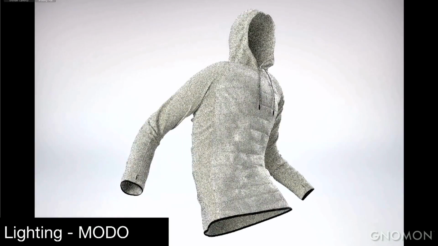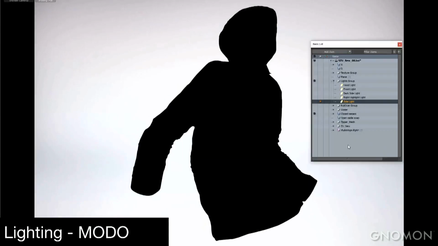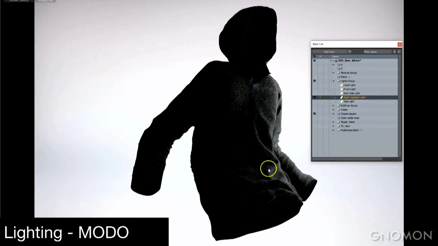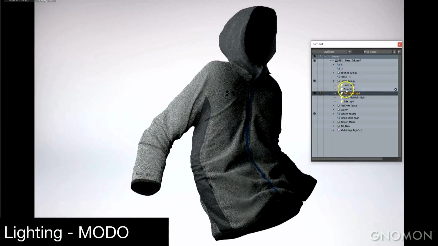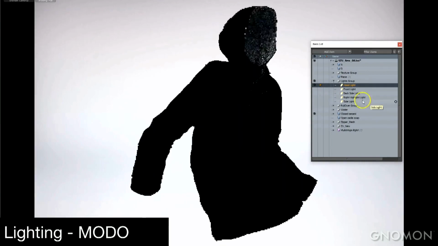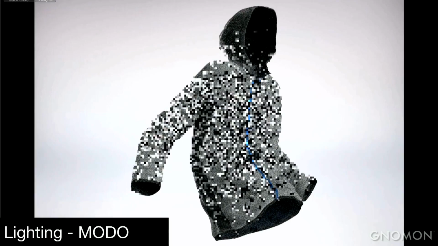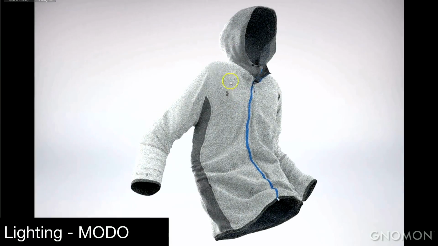And obviously with Modo's progressive render, which is what we use most of the time, we render everything progressively, and we look at how it looks from one side to another, and then we bring it all together to get to the final effect of all that lighting. It allows us a fluid way of working and getting customer review and feedback pretty quickly.